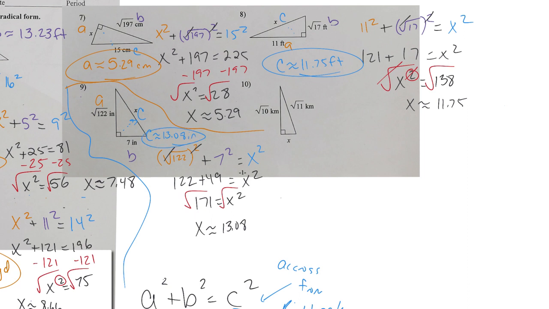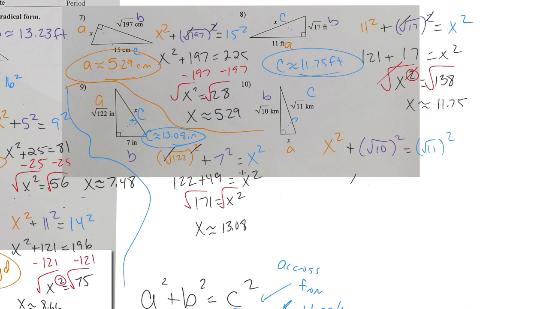All right, last one on this page. So I have the square root of 10. I find C first. Remember, I find C, that's the square root of 11. Remember, that's across from 90. So then that means we'll call A X, and then we'll call B square root of 10. So now I'm going to just plug it in. So I'm going to have X squared plus, remember, it is the square root of 10 squared. If you're going to plug in your calculator, use the parentheses just like I did there. Equals